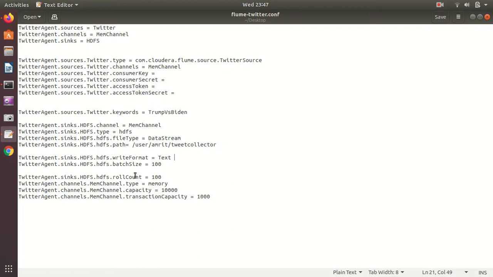You'll see in no time the data will be generated, and you'll be getting a hell of a lot of files here. So you have to specify how many events should be written in one file, because a lot of files are going to be generated in this practical. After this, I'm specifying that my MEM channel is of type memory.